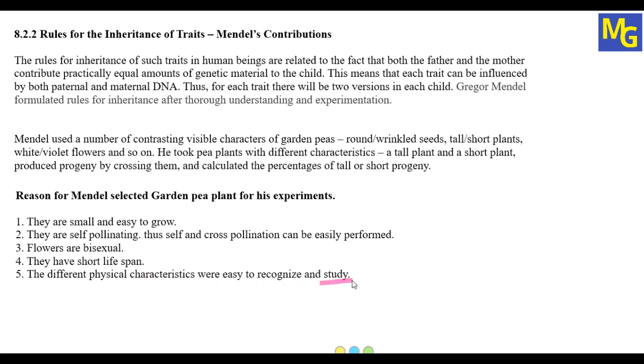As I told you, Mendel used visible characters. There are many characters in the pea plant which can easily be studied and recognized. Therefore, because of these five reasons, Mendel chose the garden pea plant for his